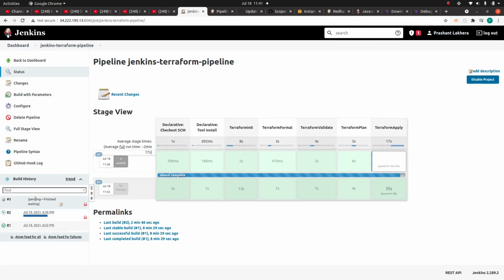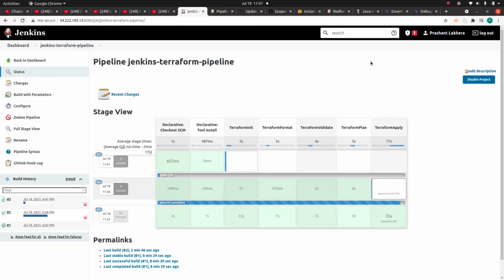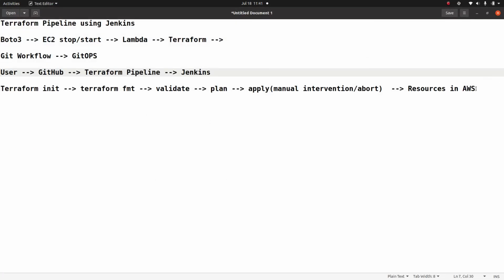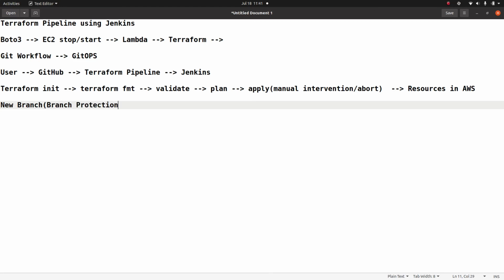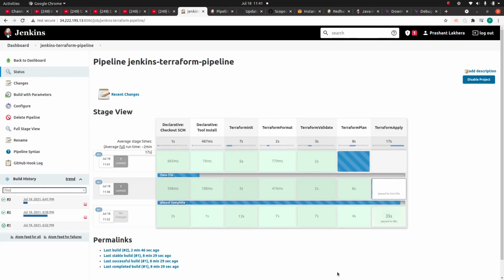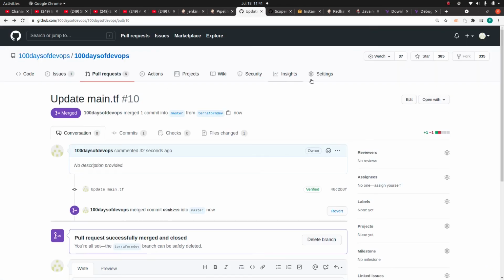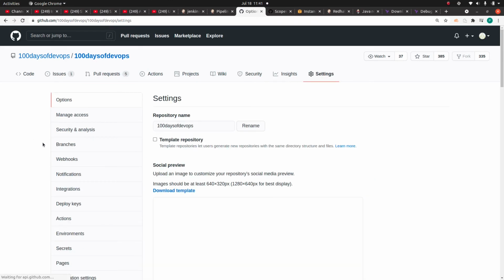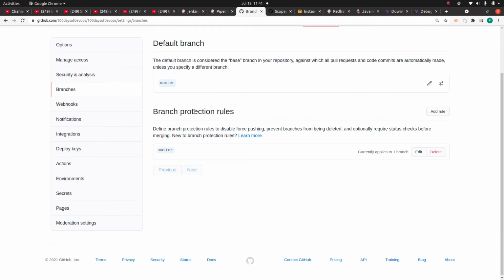See, this triggered a Jenkins build. So again, we are following a GitOps workflow, where rather than pushing directly to the master, people need to create a new branch, because we have enabled the branch protection, if you remember. And this is a good security practice: whatever your pristine branch is, which we use to push the changes to production, please enable the branch protection on it. So go to branches and enable the branch protection rules.